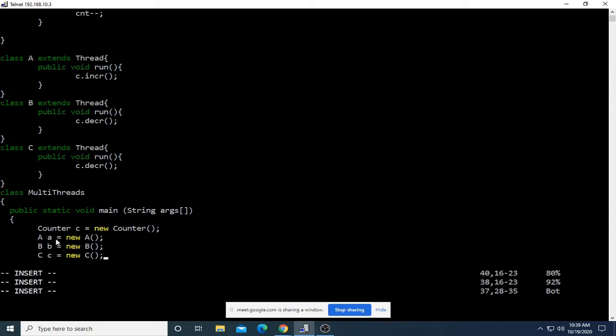We have 3 threads, and later I'll activate each of them: A dot start, B dot start, and C dot start.